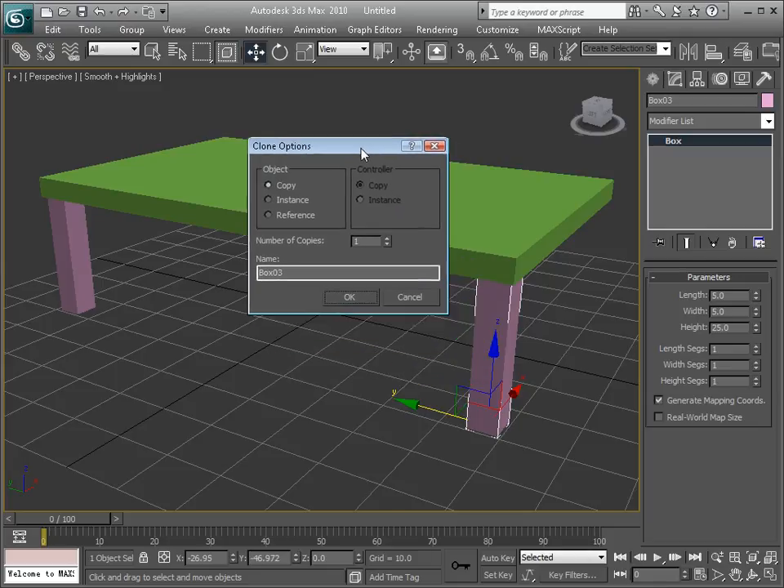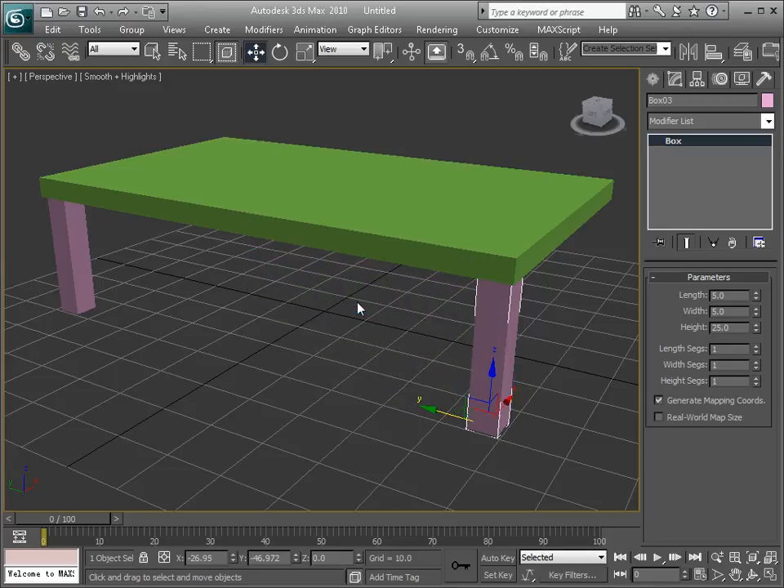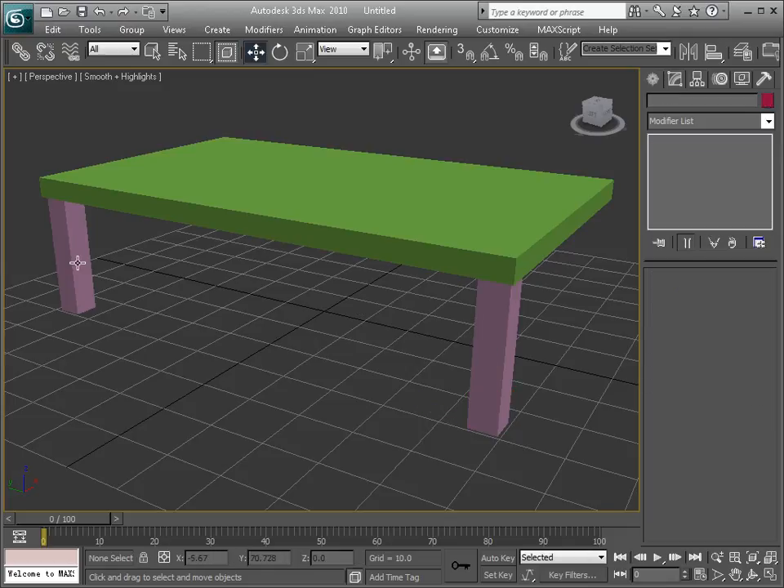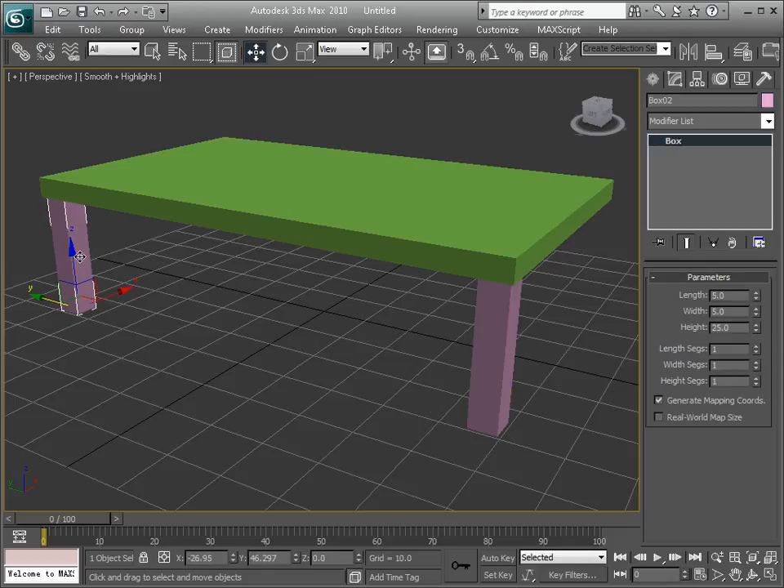Now this time around, I'm just going to click on instance. Okay, and then I click OK. Now the difference is, if I decided to change the height of my table leg, okay, you can see that the instance copy is also following the original. So this is good for our case. Okay, so we'll make use of this